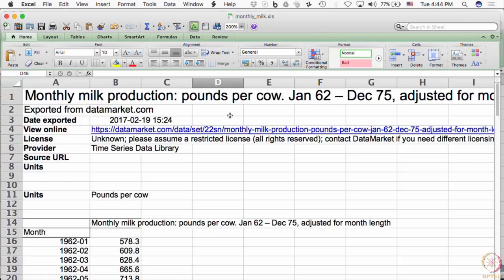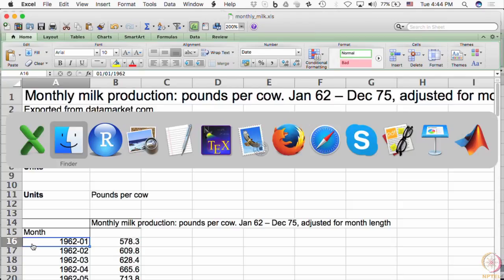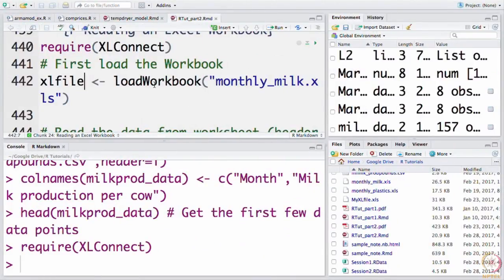And it is important to open up this Excel file before you read data, because you need to know which row your data begins from. So, in this case, up to 15th there is no data, it is only 16th row onwards I have the data of interest to me, the rest is all the description, and I may have to pass this information to the appropriate command. So, the first thing that we do is we load the workbook.